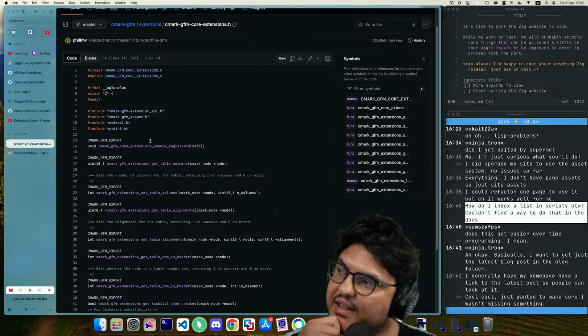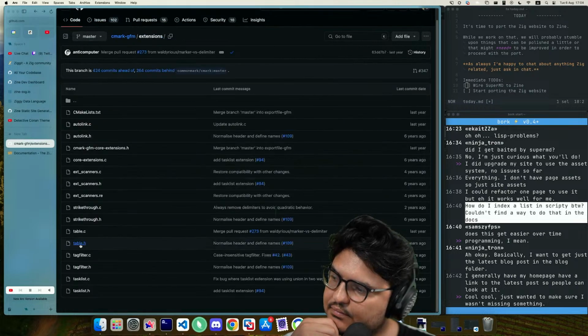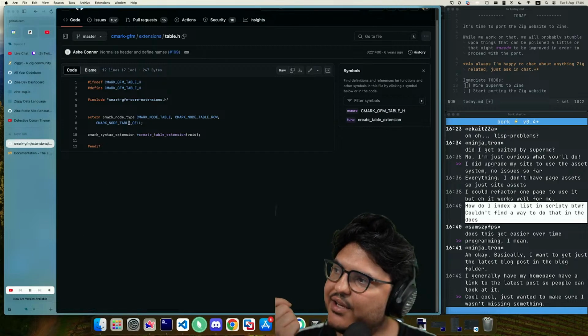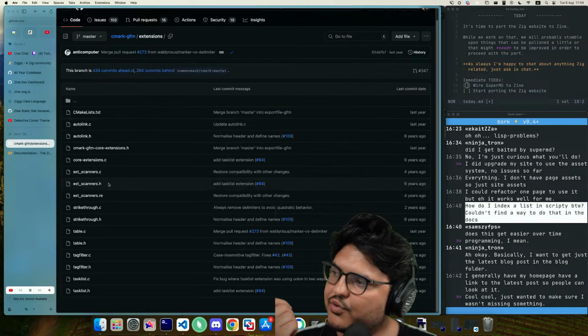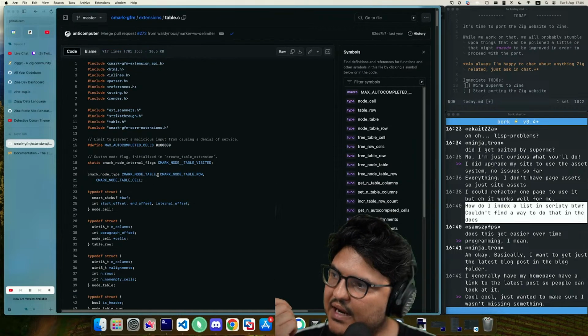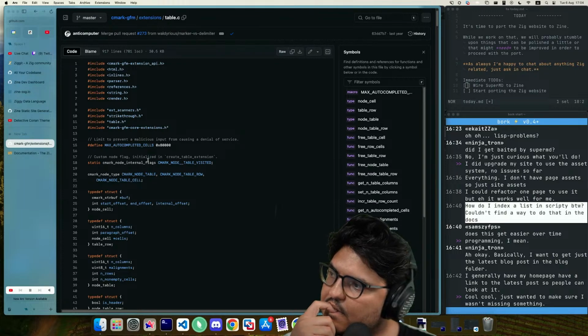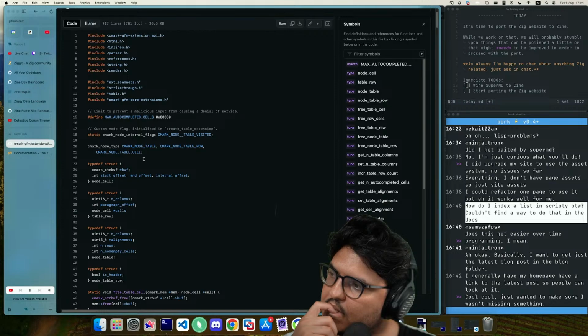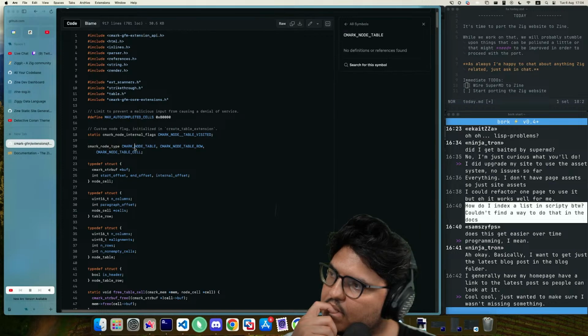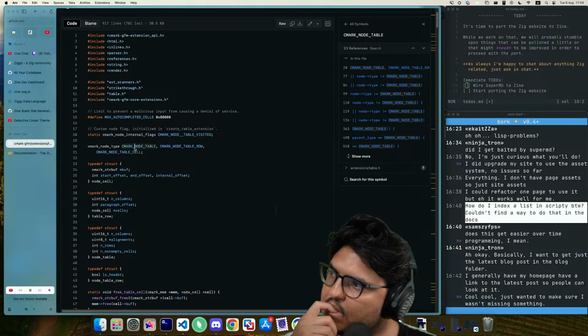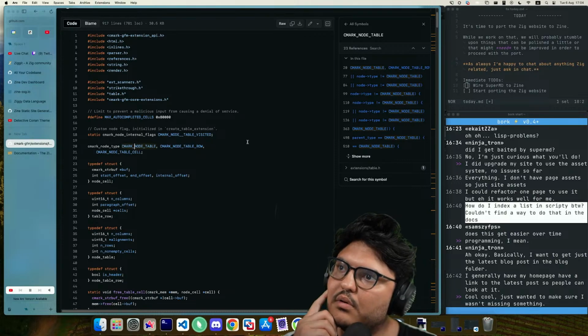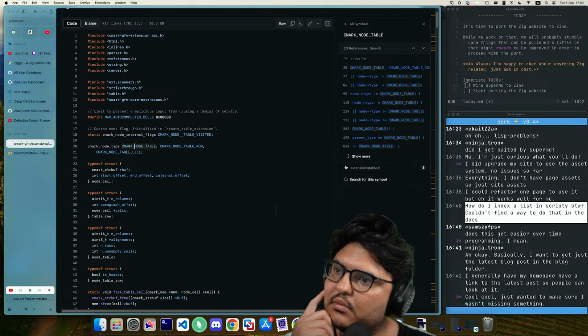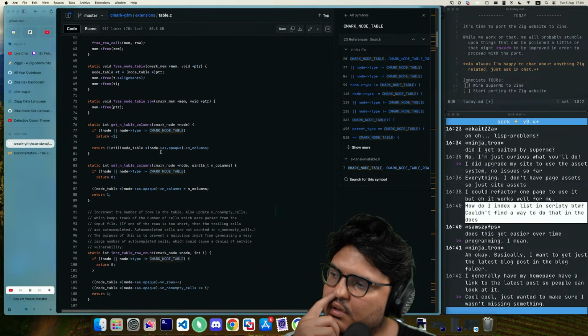Problem is, where are these things defined? So table.h defines them as extern. So where are they coming from? Oh, it's table.c that defines those? I'm confused.